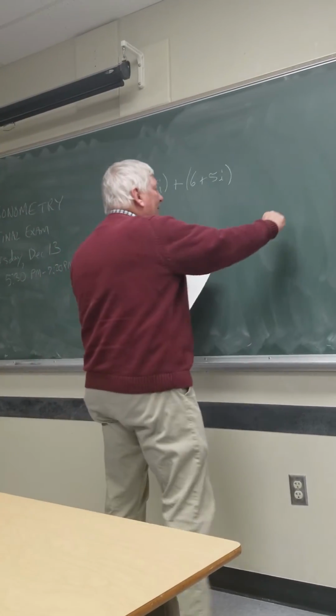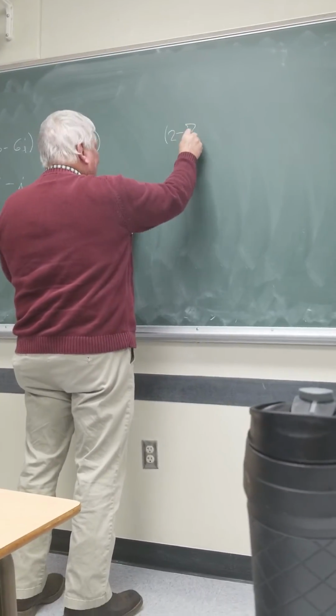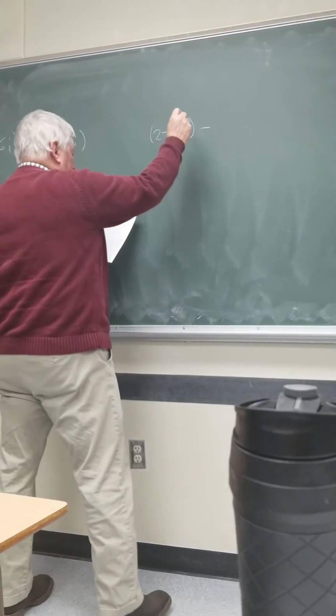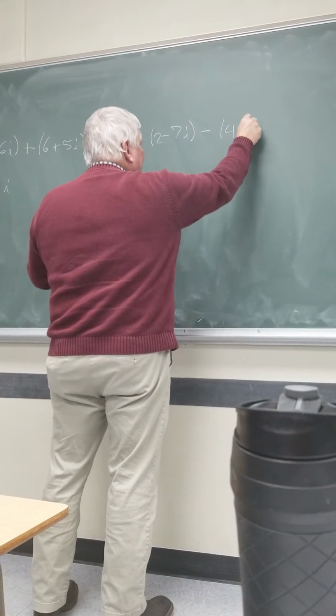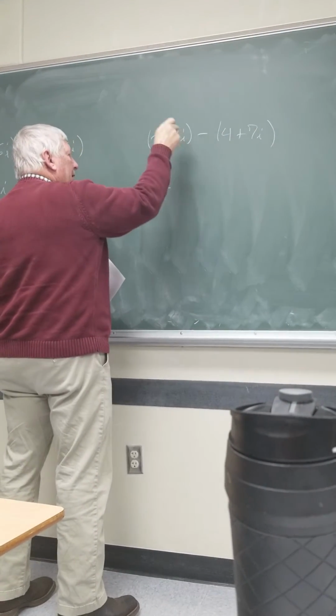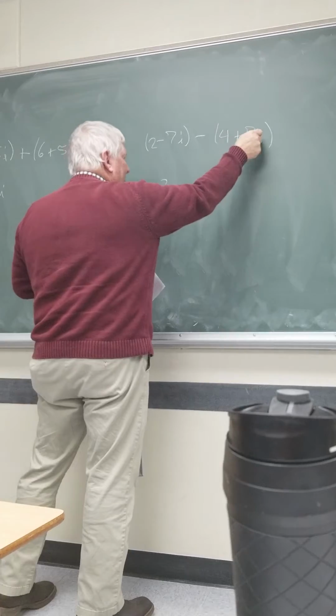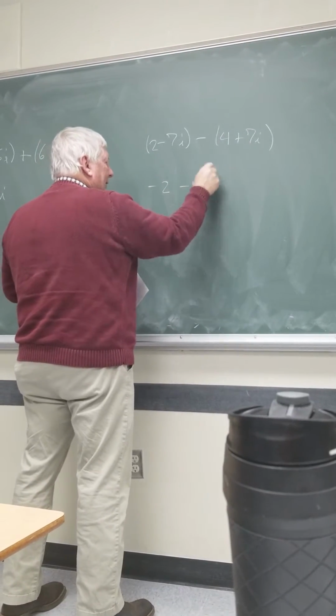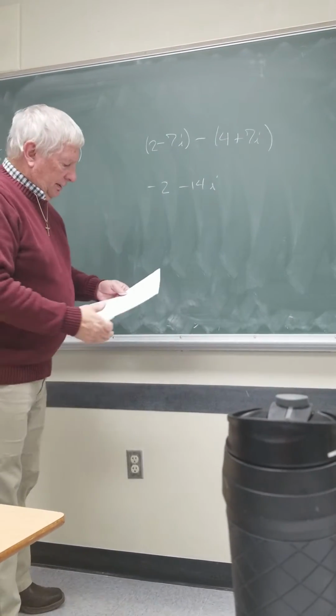Okay, number B says 2 minus 7i, subtract 4 plus 7i. 2 subtract 4 is -2. -7i subtract 7i is -14i. Number C,